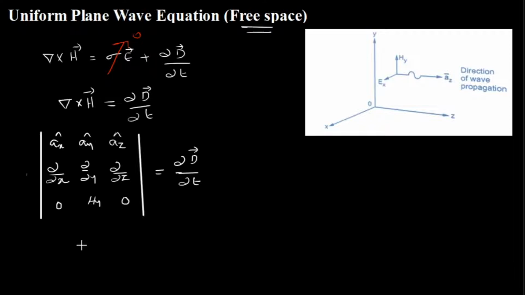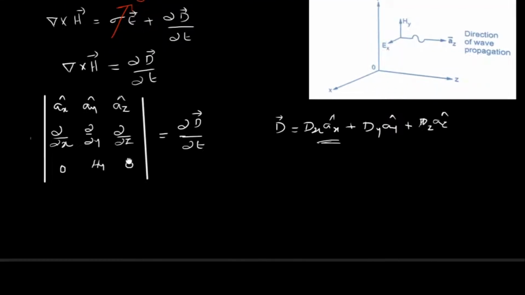Now let us find the determinant with respect to this equation, and let us expand the RHS also. The RHS says del D by del t, and we know that the D vector can be written as Dx ax cap, Dy ay cap plus Dz az cap. This is well known. So finding the determinant of LHS and substituting D in the RHS, I rewrite this equation as,